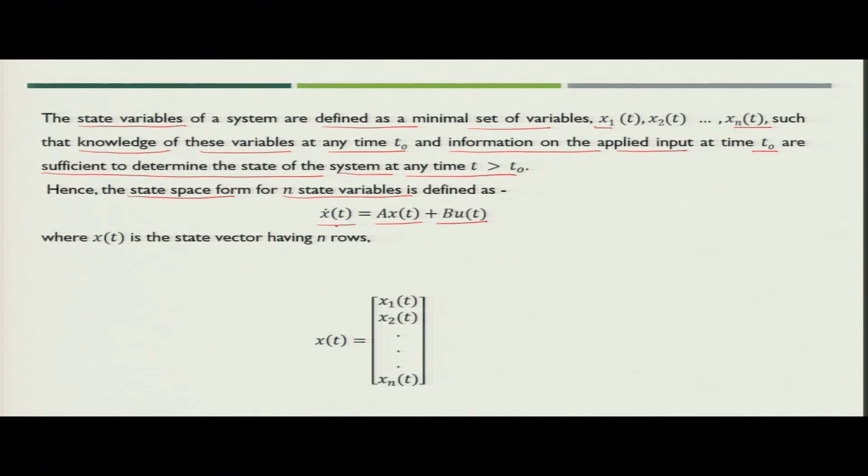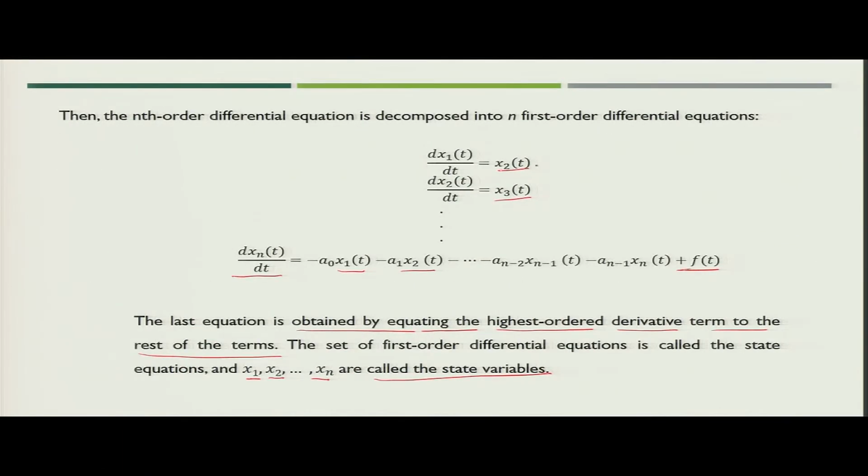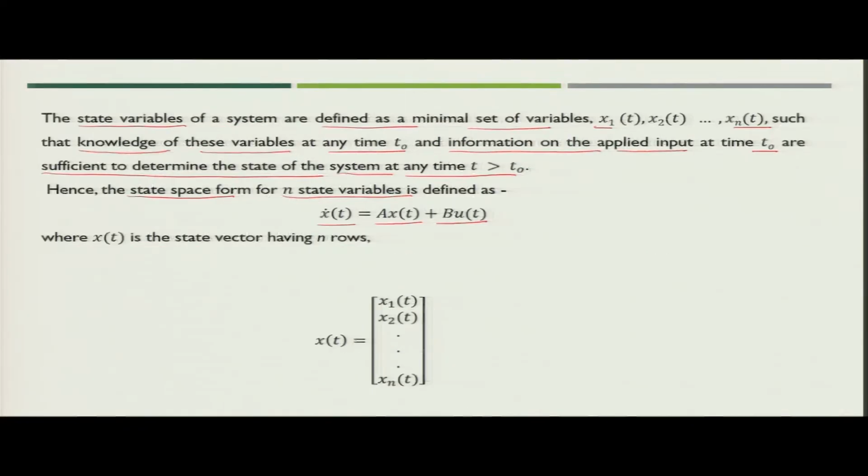X dot t is nothing but the dx by dt of the individual state variables, which we just saw. So, here dx 1 by dt is equal to x 2 t, you can write as x 1 dot equal to x 2 t. So, when you compile all the equations which you just saw in this slide, then you can represent them in matrix form as x dot t is equal to a x t plus b u t,